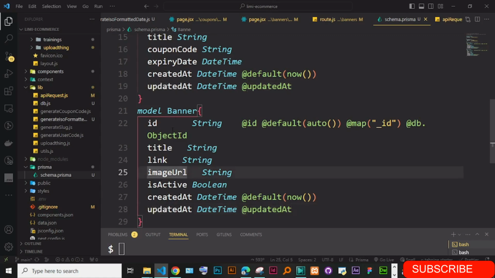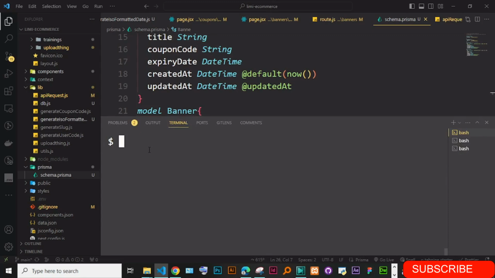Now for all these ones, you have to ask yourself which one is optional. If there is anything which is optional, then you must state it here. For these ones, we don't want anything to be optional. Okay, so just go ahead and run npx